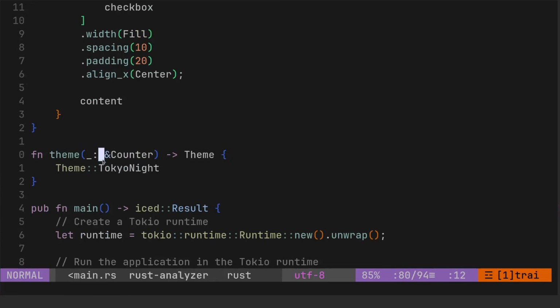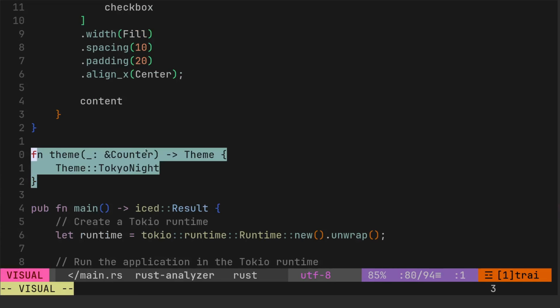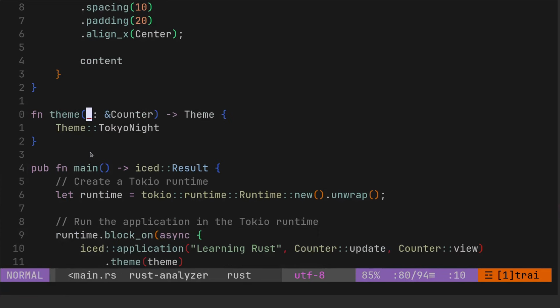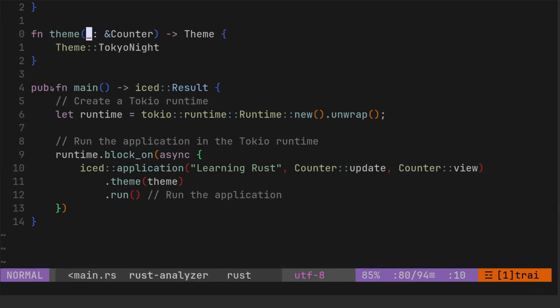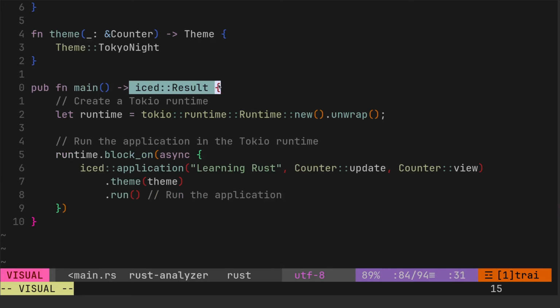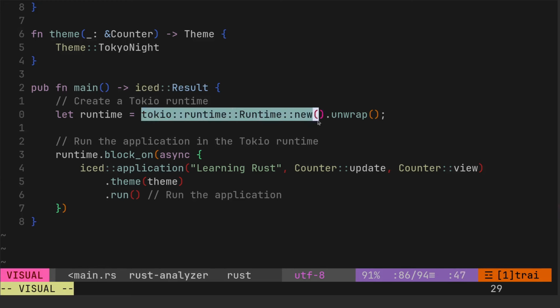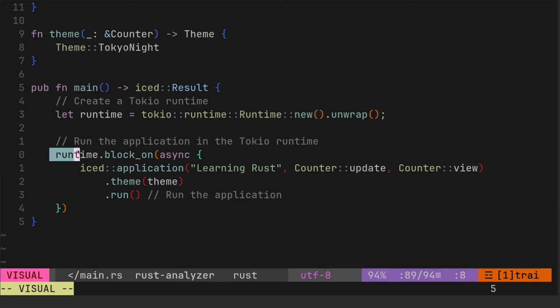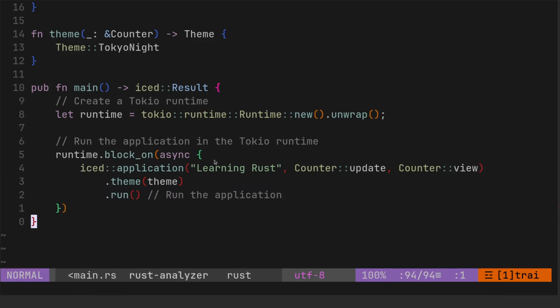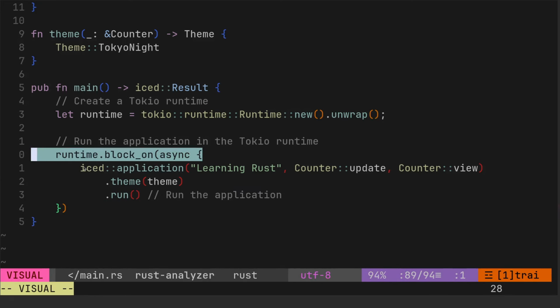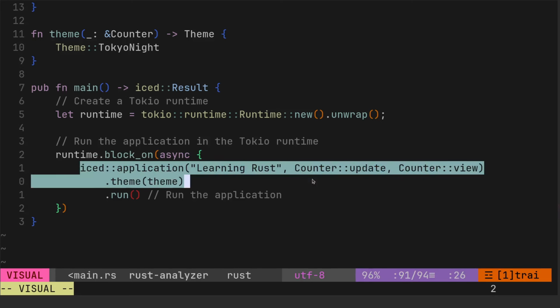Theme, I'm just passing in the theme. The underscore there, I'm not quite sure why that works, but it does. Here, we've got iced result is the result that gets returned. You've got the runtime, so let the runtime equal Tokio runtime new. So we're creating a new runtime, and then here we're saying block on and then we're passing in the async. So without that line, you would just do iced application, pass in the theme, and then